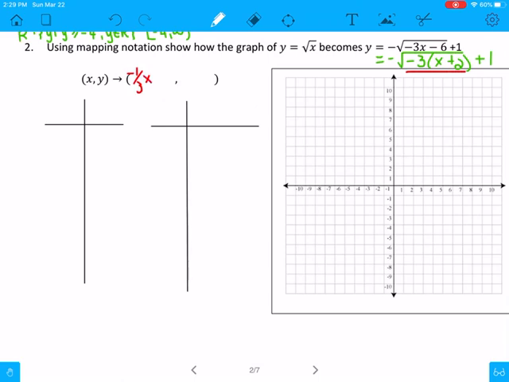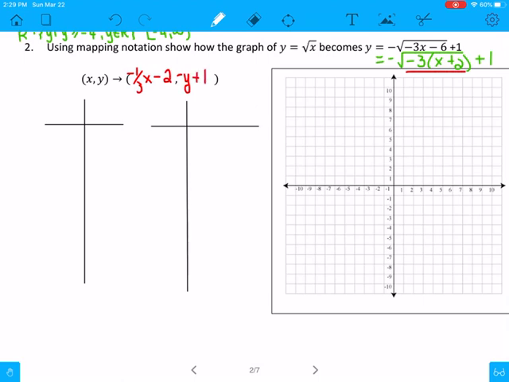Oh my goodness, it gets worse. That's a 3. Multiply by negative a third x, and then I'm going to subtract 2 because I moved 2 to the left. And then on the outside, I have a negative 1. So I'm going to multiply my y by negative 1, or just negative y, and I'm going to add 1